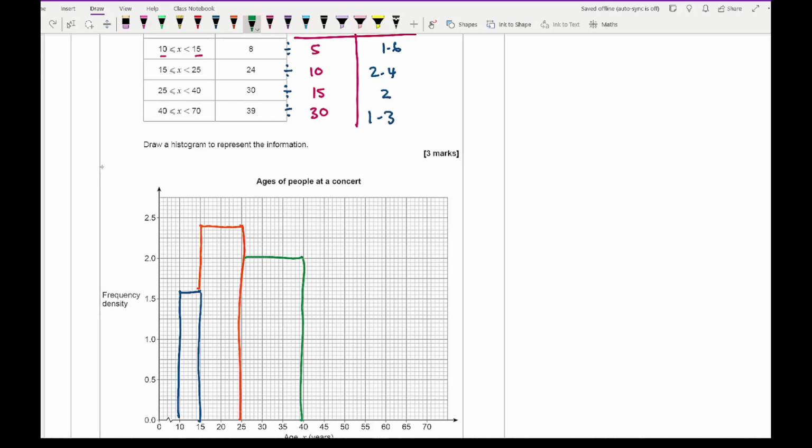Finally, 1.3, so that's 42. Histogram should